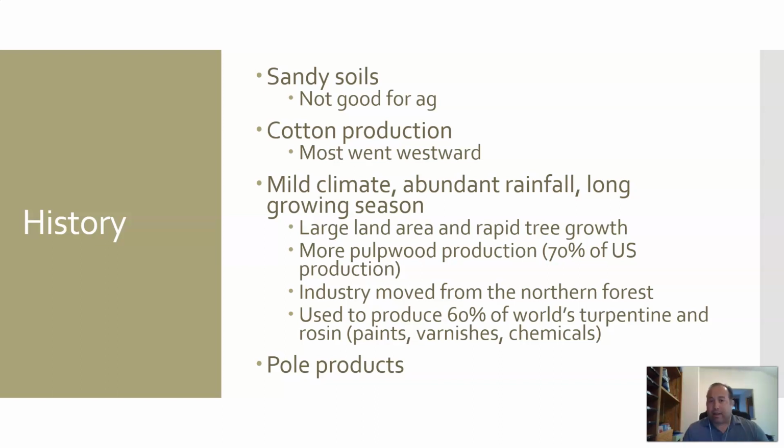But a big product that comes from this area, because you can get nice, straight, beautiful trees that grow pretty quick, are poles. So like telephone poles and pilings for piers and docks, things like that. Things where you need a big, long, straight tree, basically. And so those are actually the most expensive product that you can get off of, at least off of pine